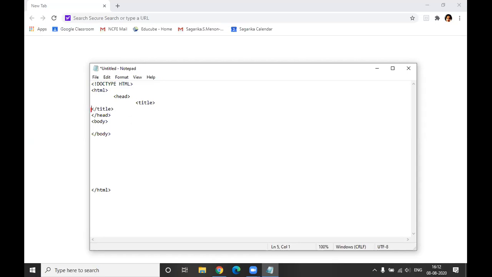Two times. For this one, do it one time. Then keep it, this one, just put it over here, the body one. So should I press tab once? Yeah, once. And for this one also do it once.